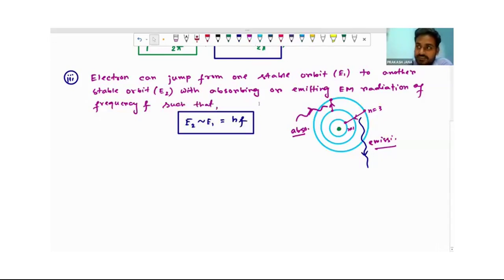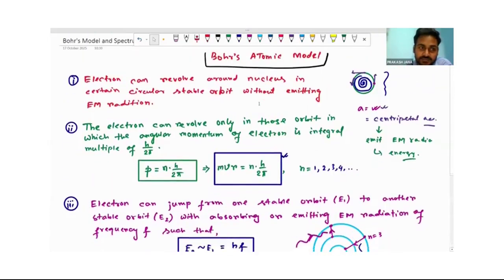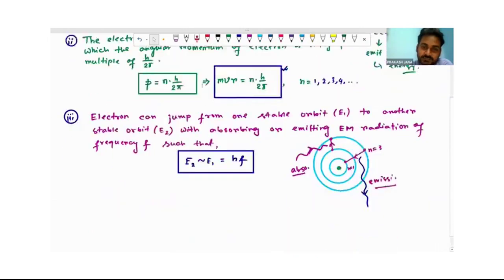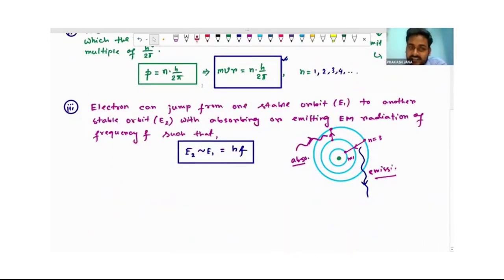So let us recap once again these three postulates. The electron can revolve around the nucleus in certain circular stable orbits only and without emitting electromagnetic radiation. The second postulate says the electron can revolve only on those circles in which its angular momentum is a multiple of h by 2 pi. And the third postulate is all about the electron jumping from one stable orbit to another by absorbing or